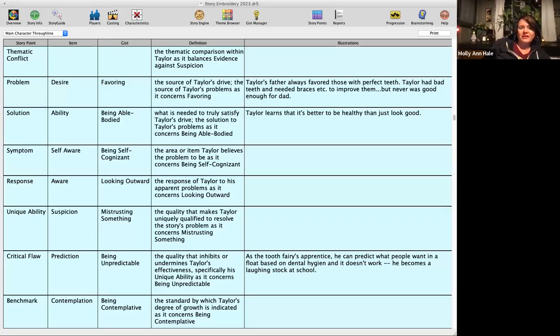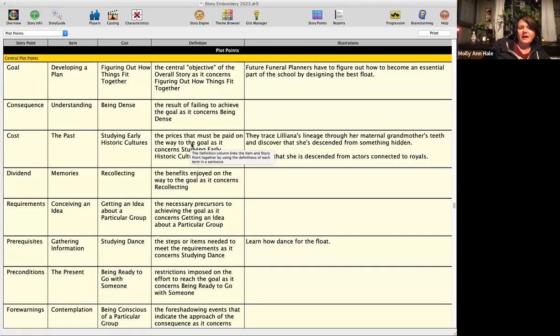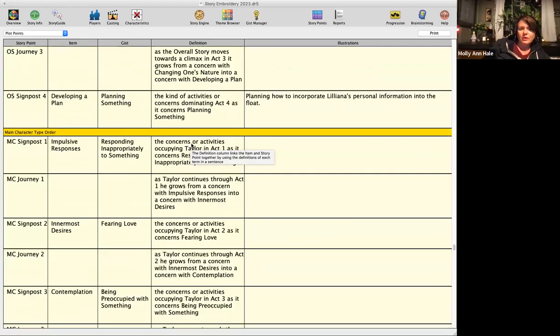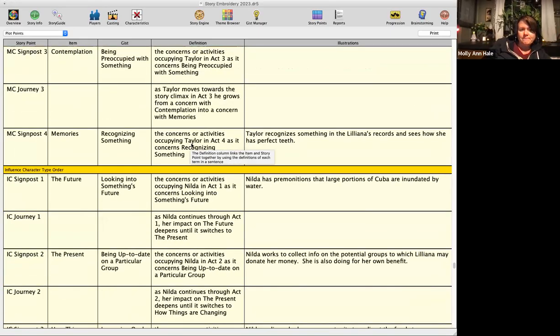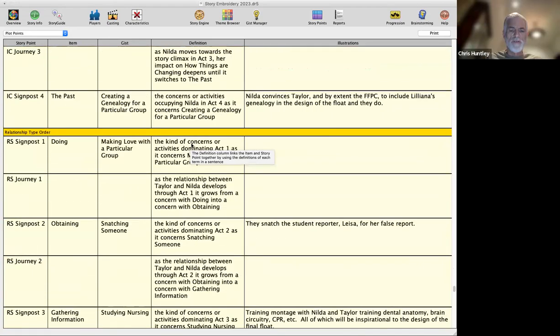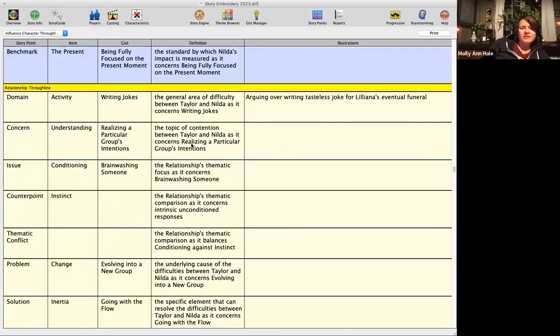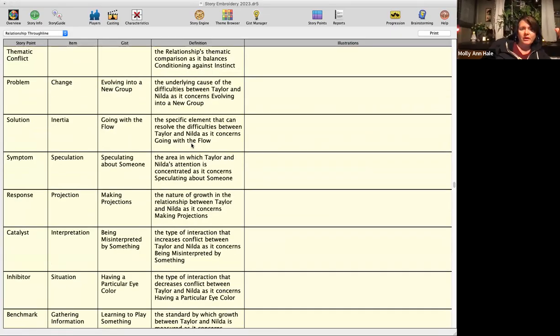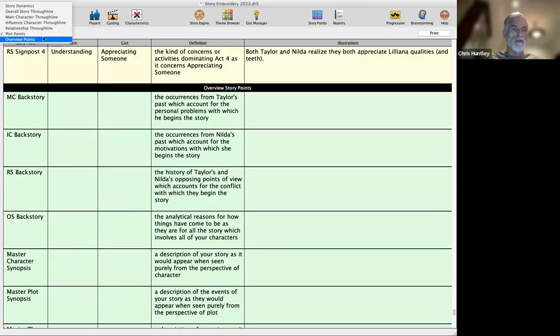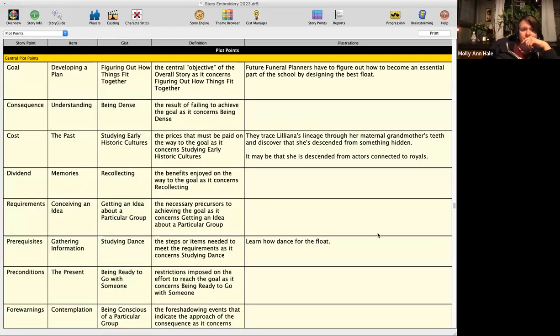I want to go back to the story plot points, and we're going to piggyback on what we just did. Influence character or relationship? No, it was the plot points that we were at just before. The plot points. Right. Sorry. Yeah. I'm here, looking at